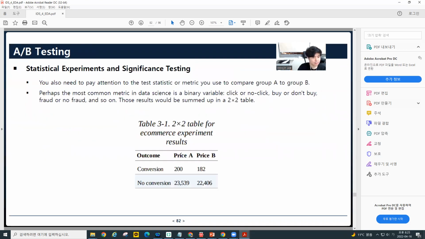A라는 가격과 B라는 가격을 했을 때, A라는 가격은 200몇만 컨버전 했고